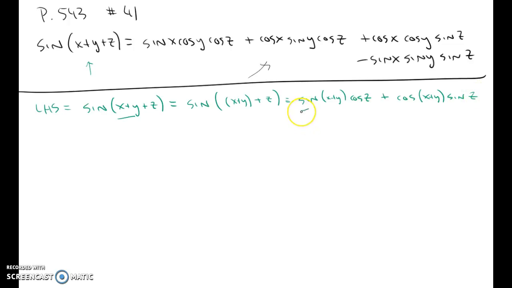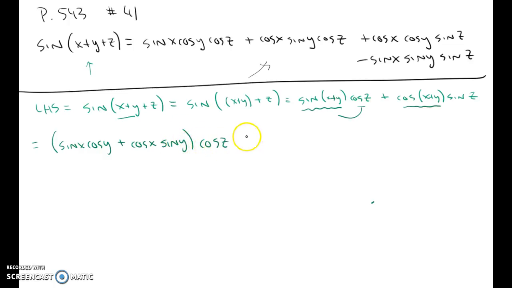So now I need to use the angle sum for that, a little hard to see, sorry, and that. So it's going to be cosine of z times that quantity. So this is going to equal, so that's sine x cosine y plus cosine x sine y, all times the cosine of z, plus, then the cosine of x plus y is cosine cosine,